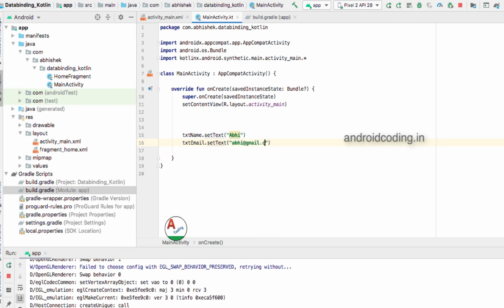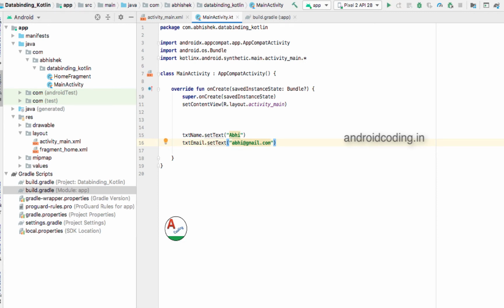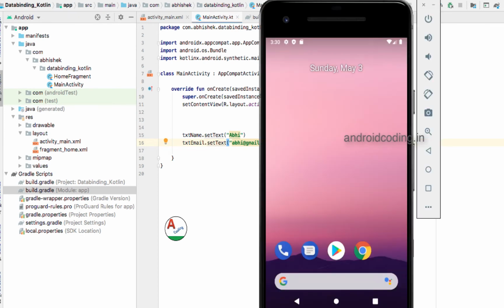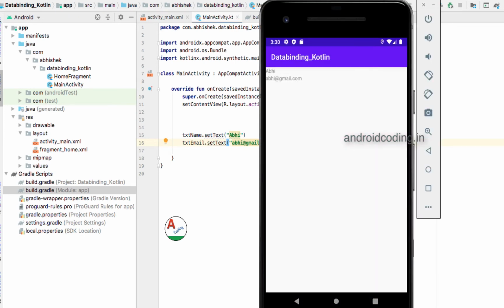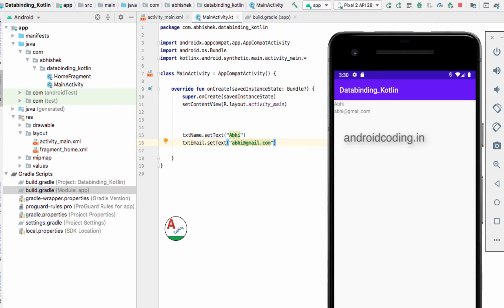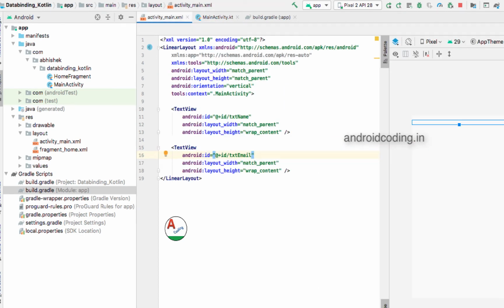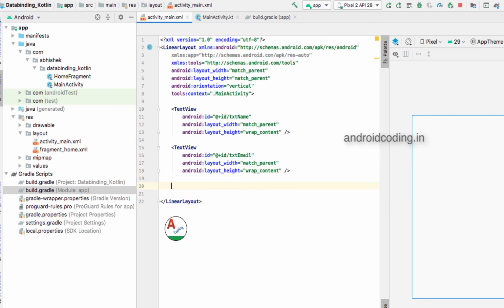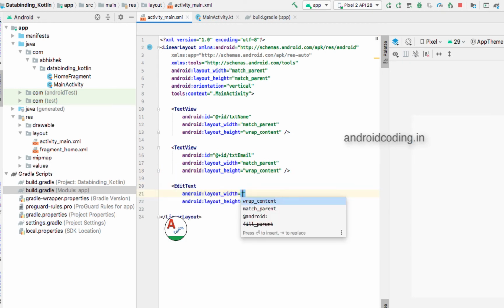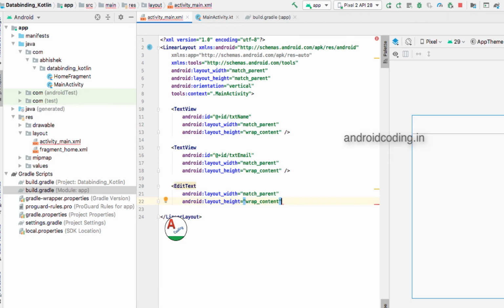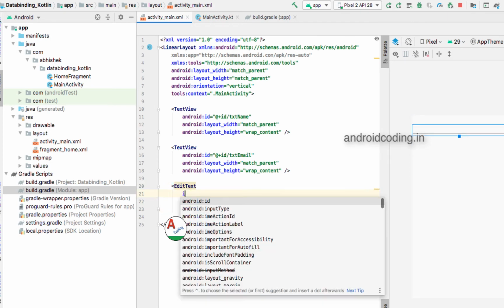So after providing these things, let's test it in our emulator. So yes, you can see our name and email address, and let us check one edit text also so that we will get the data.